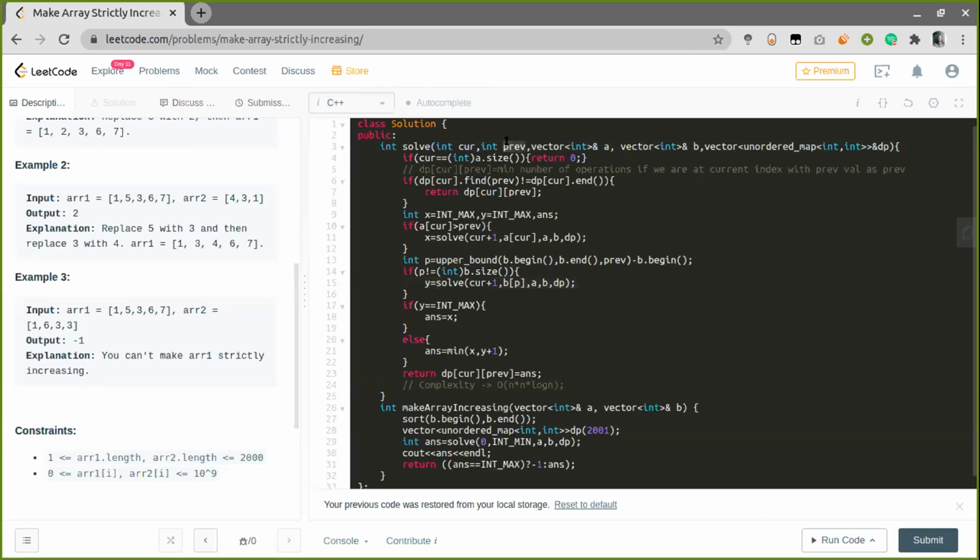The previous value will always get its value from the n values of the second array or even the first array. So at max it can have n values, or even 2n or 4n. It doesn't matter since we are taking the average one. So I think it will be n square log n here. Yeah, looks good to me.